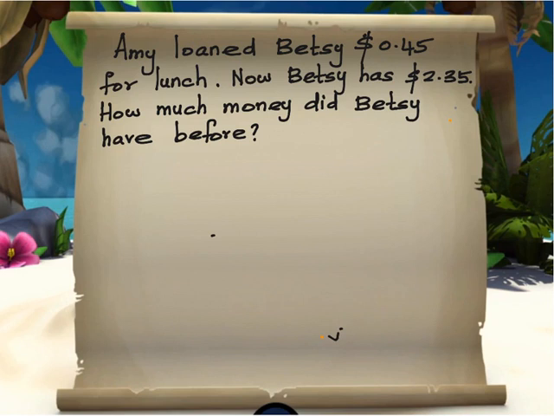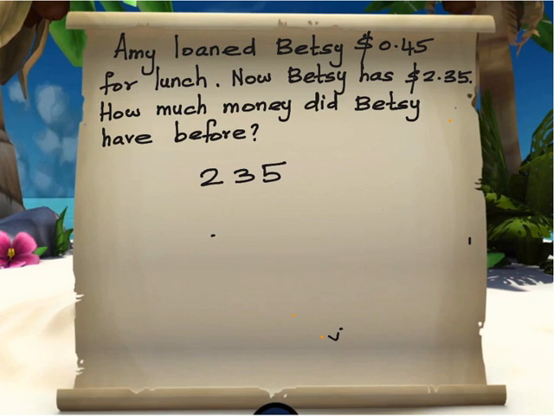So now Betsy has 235. Let's make it into a whole number. Instead of a decimal number, we are making this 2.35 into a whole number instead of writing decimals. But we'll change the answer using decimal. When we write the answer, we will move the decimal 2 digits to the left. So 2.35 is the money that Betsy has. And now,